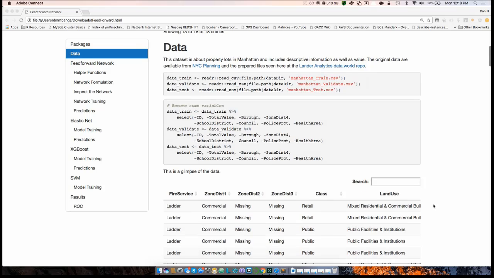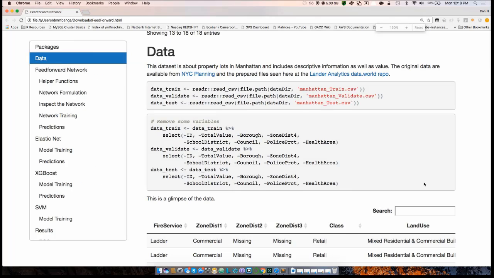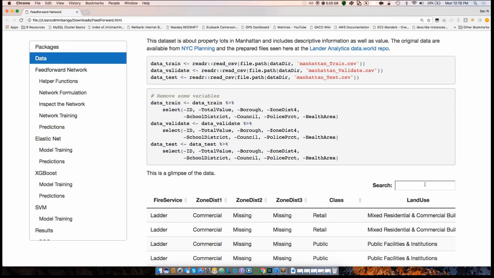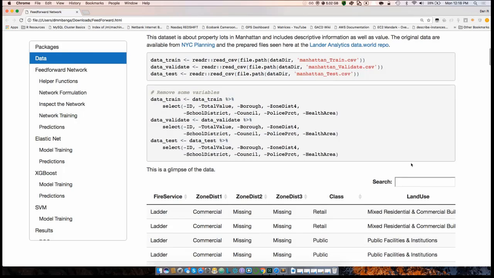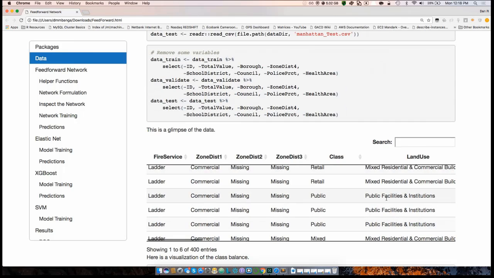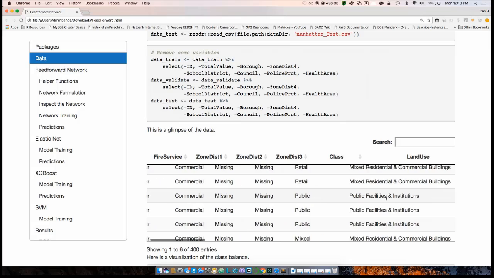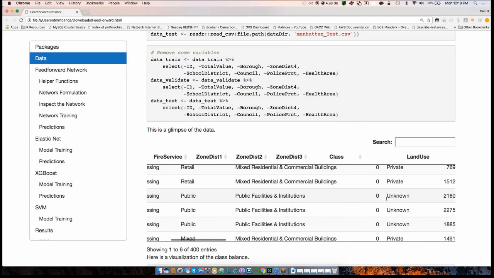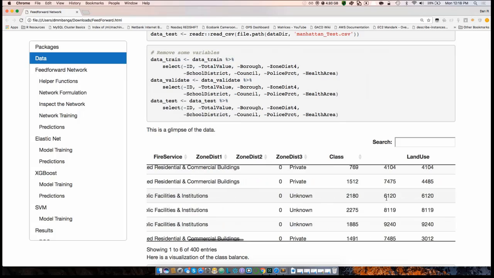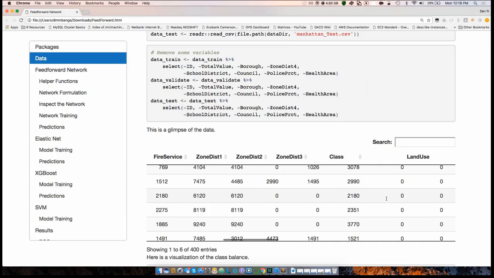Awesome. So talk to us about the data that we're going to analyze today. The sample data we have is from the New York City Department of Planning, and it is about tax lots in New York City. So you have a parcel of land, and that, of course, has a value connected to it, and it's all this descriptive information. As we can see here in the data table we built, it's the type of fire department, whether that's a hook, a ladder, an engine, what type of zoning it has, and there could be multiple zoning districts. If it's retail, public, or mixed use, what type of land it is. And you can see there are many, many columns. There are dozens of columns here.